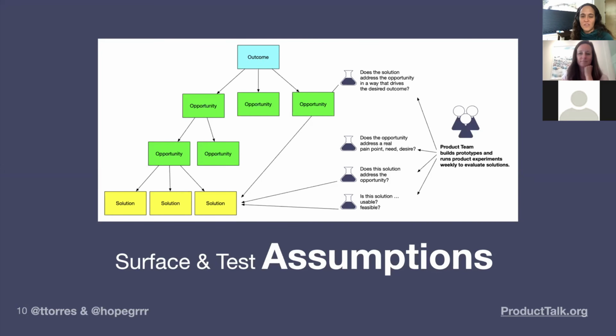This is, we think, common in the vernacular in the industry, but far less common in practice. We want to dig into a little bit around why, but before we do that, I'm going to remember to launch our poll so we can get a sense for where you're at with how you surface assumptions in your product practice. And again, choose the one that best reflects what you're doing today.